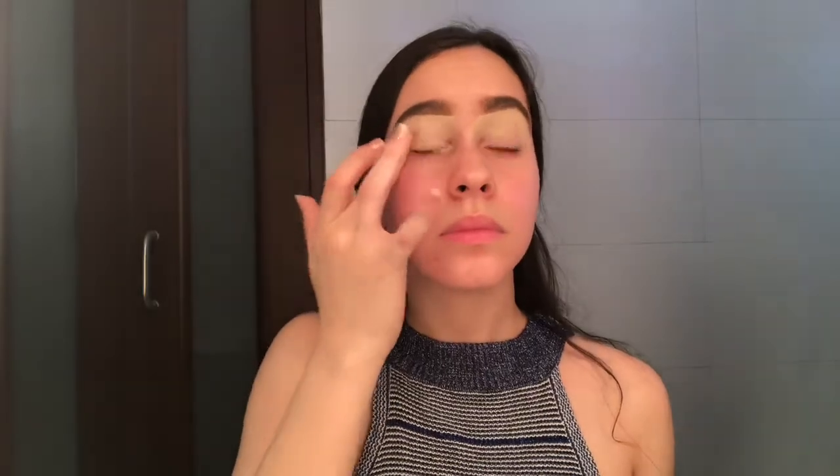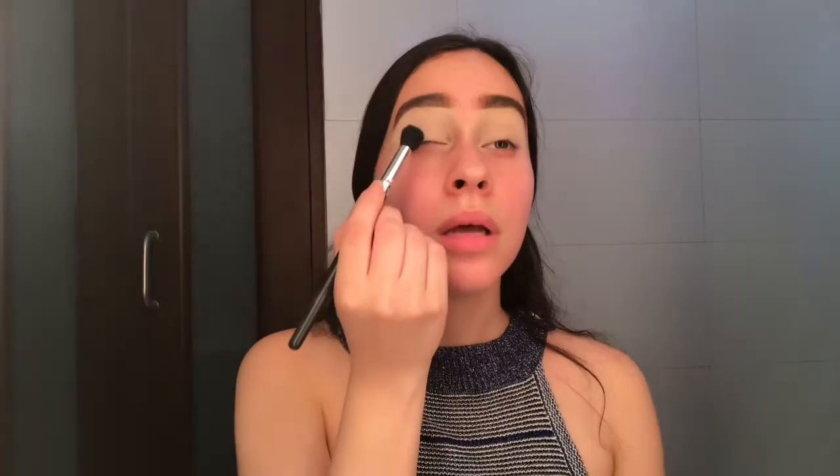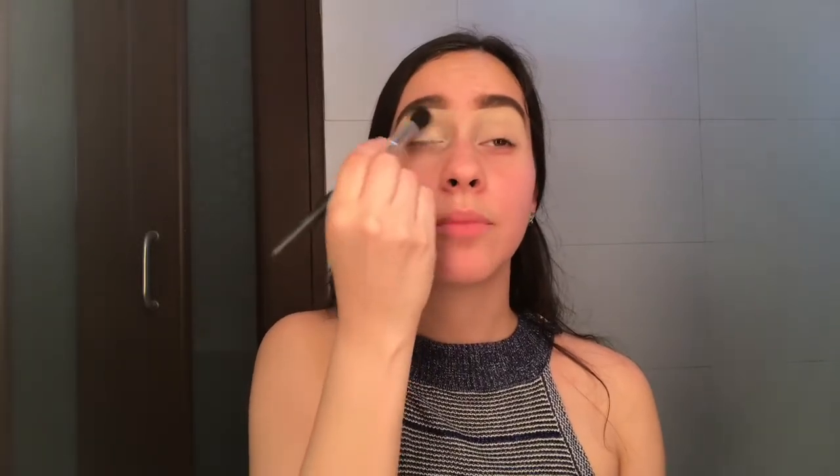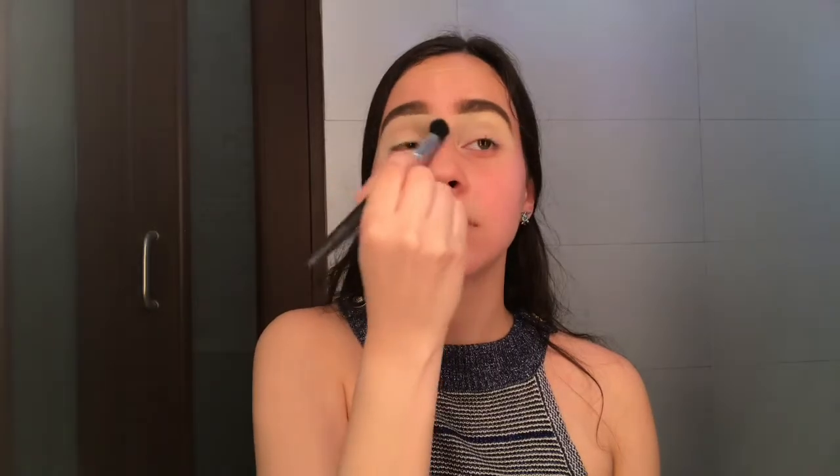Okay, so now for eyeshadow primer, I'm using the eyeshadow primer in light beige. Okay guys, so this is a really creamy primer. I really love it. Sorry, I'm not looking at the camera. I'm my brush. But this is a really creamy primer, and yeah, it's super good. And now I'm just like, you don't need to set it, that's how good it is, but I just like to set it so I can blend easily. I know you get more color payoff if you don't set it, but